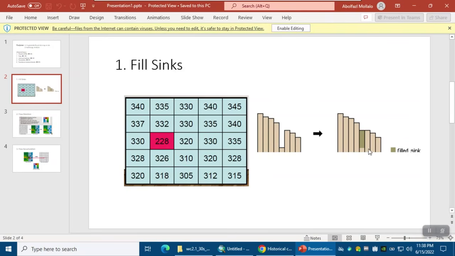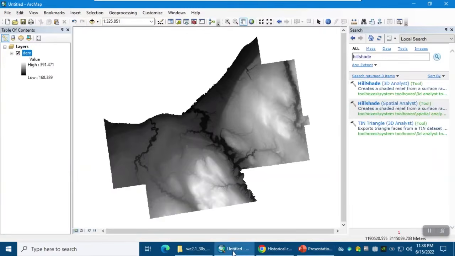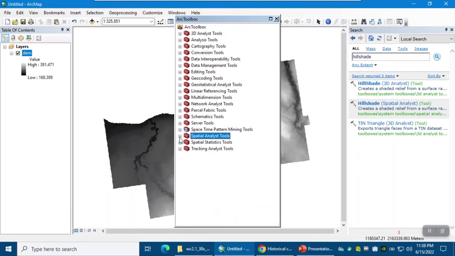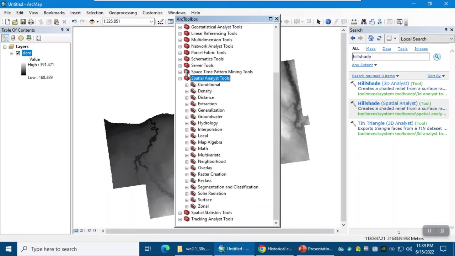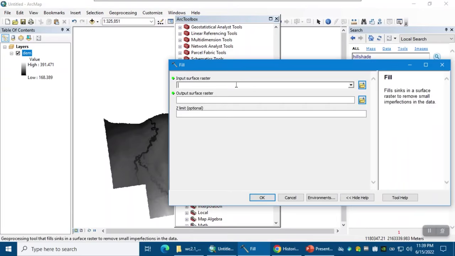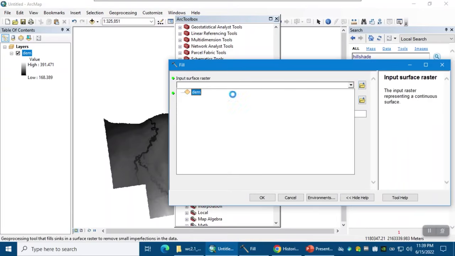Okay, so we need to fill the digital elevation model, and to do that, go to the Arc Toolbox here. From Arc Toolbox, scroll down and find Spatial Analyst, and then the Hydrology extension. Expand the hydrology, and here we're going to focus on this hydrology extension. Okay, so the first operation is fill, and the input is going to be your digital elevation model,